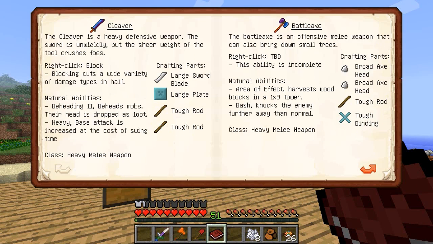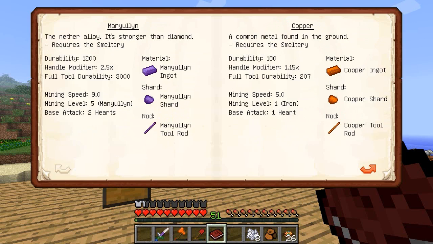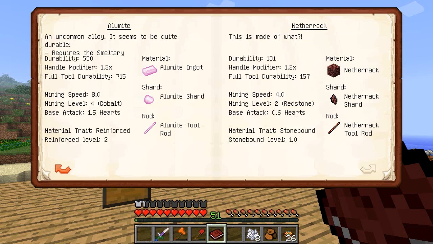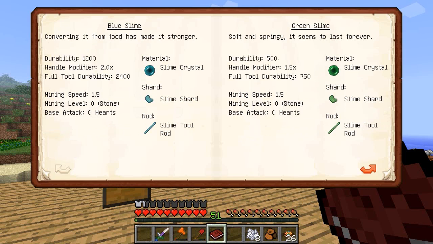So we want something that's got a fairly decent durability, but it's fairly fast. We could go straight to the manyullyn, but that's fairly expensive. We have enough cobalt to be doing that, but the durability is not really that good. It's alright, but it's nothing amazing. We could go with blue slime. Now, blue slime's pretty good, but its mining speed is horrendously bad. Alumite isn't bad, but it's got a bad durability on it. I think we're going to go with...